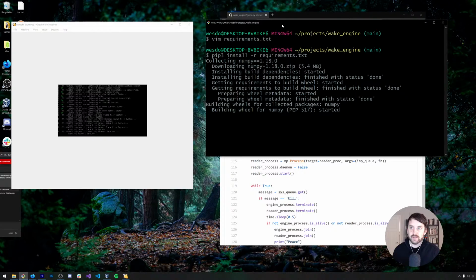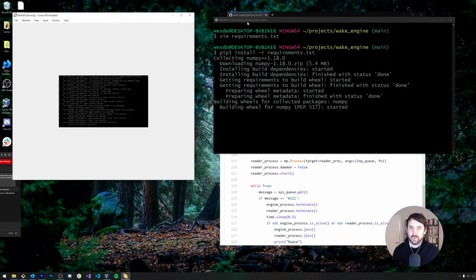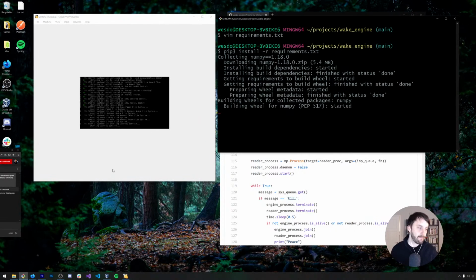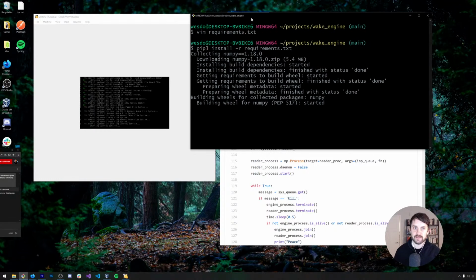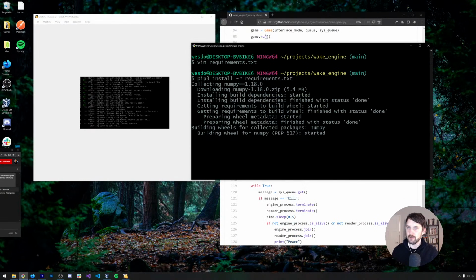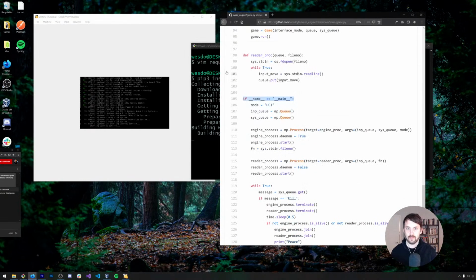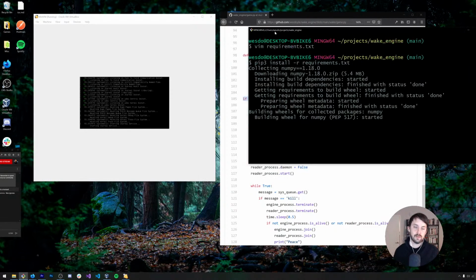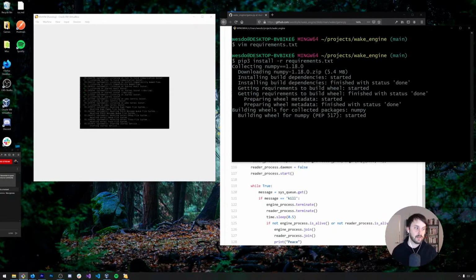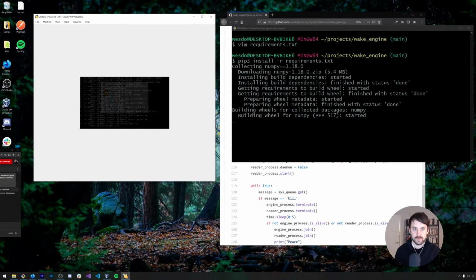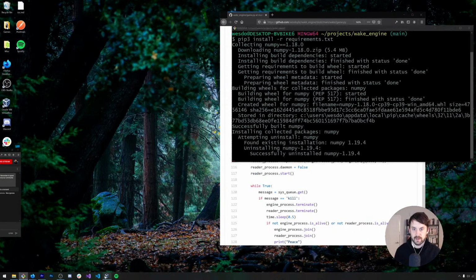Alright, hopefully NumPy builds. All I want is one operating system that's not Mac OS to work. Right now it's a battle between Mint and Windows. If I was placing bets, I would say Mint by far would be the one to go with. Okay, yeah, Mint is not looking so good, so we're gonna go ahead and stop that.